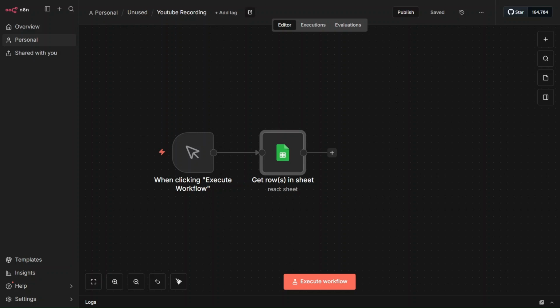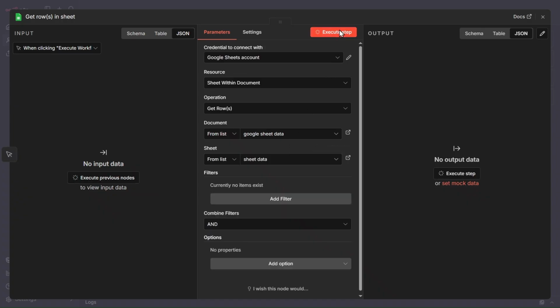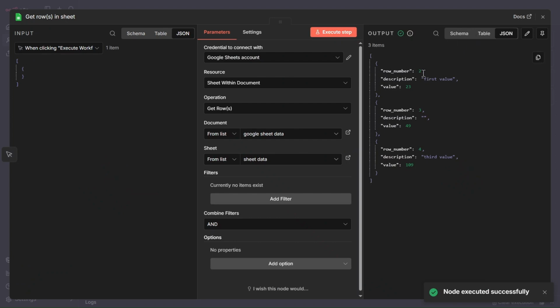In this video, we're going to learn how to delete or eliminate empty or null values that are passed through our workflow in the JSON. We'll start with a Google Sheet, and we query that Google Sheet using the Google Sheets node, and it pulls back 3 items or 3 rows from the Google Sheet. We can see that the second item is missing a description, and that's going to create problems for our workflow